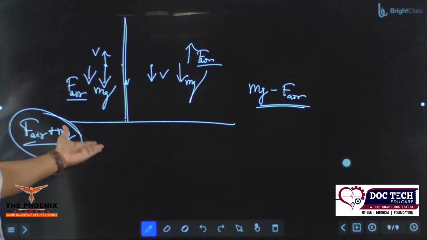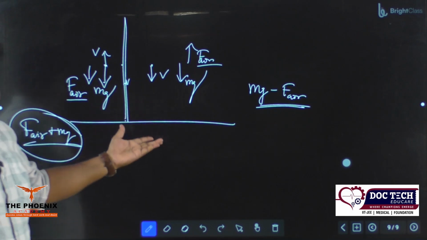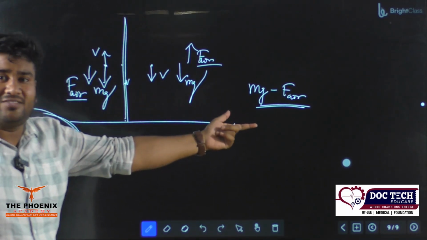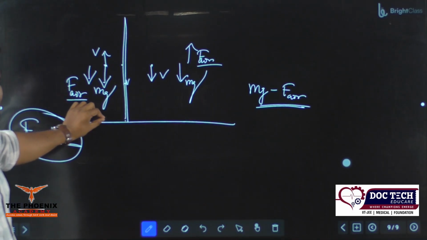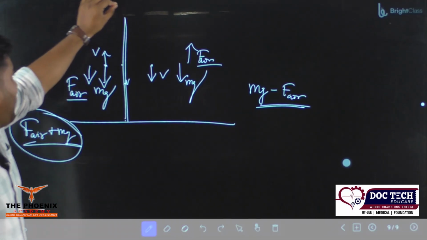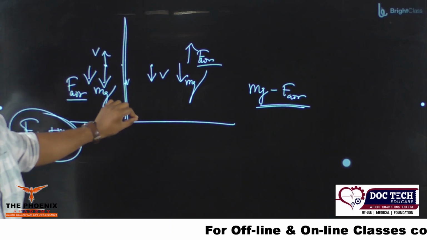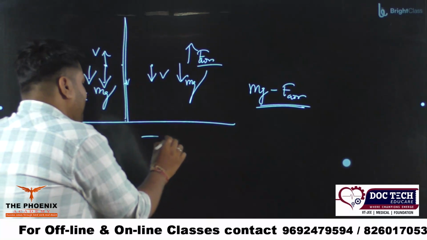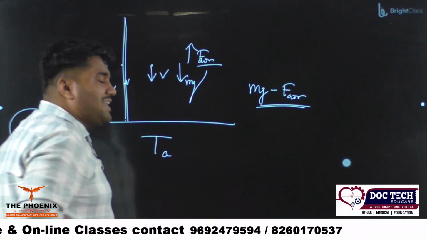अगर एक ही डिस्प्लेसमेंट के लिए एक बार एक्सीलरेशन ज्यादा हो रहा है और एक बार एक्सीलरेशन कम हो रहा है, तो ये वाला काम जल्दी कंप्लीट हो जाएगा, और ये वाला काम थोड़ा देर से कंप्लीट होगा क्योंकि एक्सीलरेशन कम है इसके। तो इजीली हम इस कंक्लूजन में पहुंच सकते हैं कि टाइम ऑफ ascent